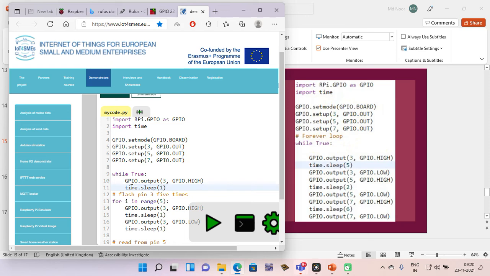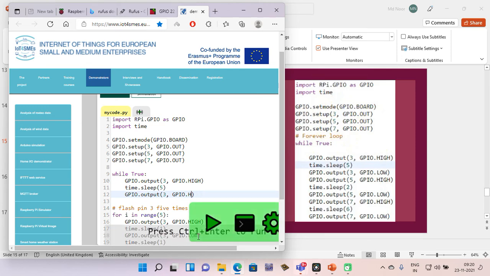So 5 seconds sleeping in this case. So give 5, then you turn it off. So you turn off the red color light.